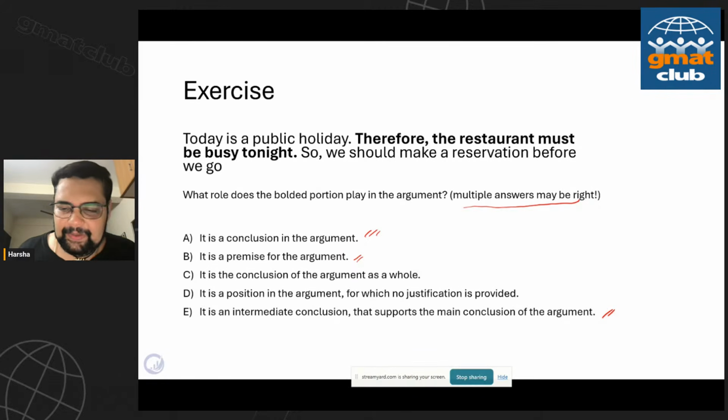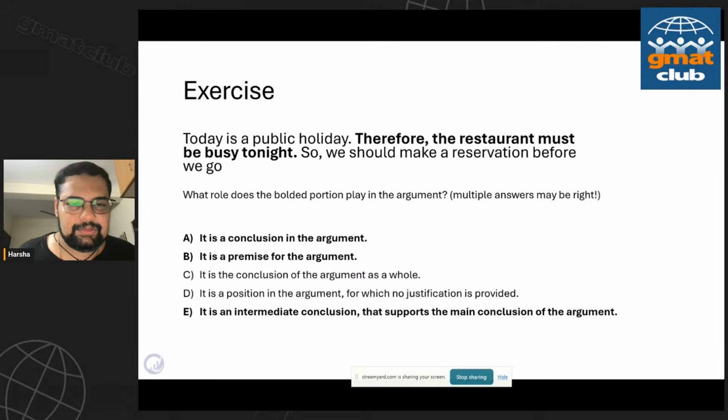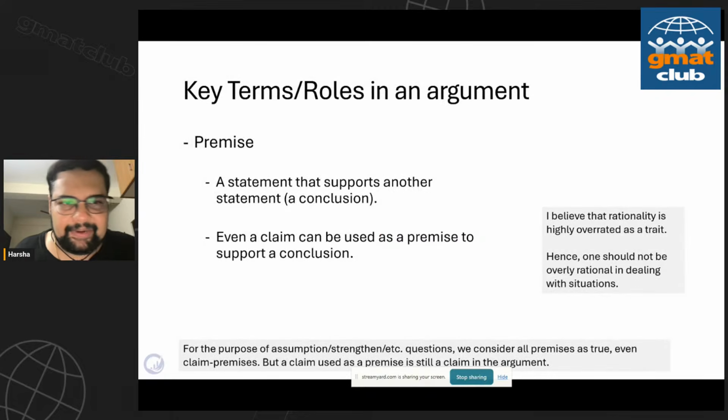So here we are going to get into these concepts called intermediate conclusion, a conclusion, the conclusion, all of that. Okay. So, just a sneak peek, these are the answers. So if you chose A, B, and E, that means you got everything right. Otherwise, there's still something you can extract from this particular portion of theory. So let's get right to it. We'll come back to that.